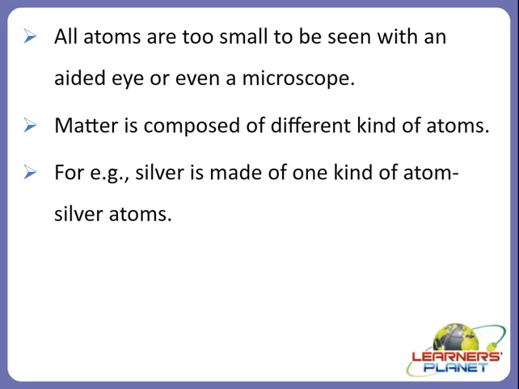So what can we say? That these small parts of the potato are called atoms. That means anything we see and can feel is made up of atoms, right? So all atoms are too small. These atoms are very, very small, right? They are too small to be seen with an unaided eye or even with a microscope, right? You cannot even see these atoms with the help of a microscope. They are so small, right? So these atoms make up matter. These atoms are actually present in each and everything we see, right?